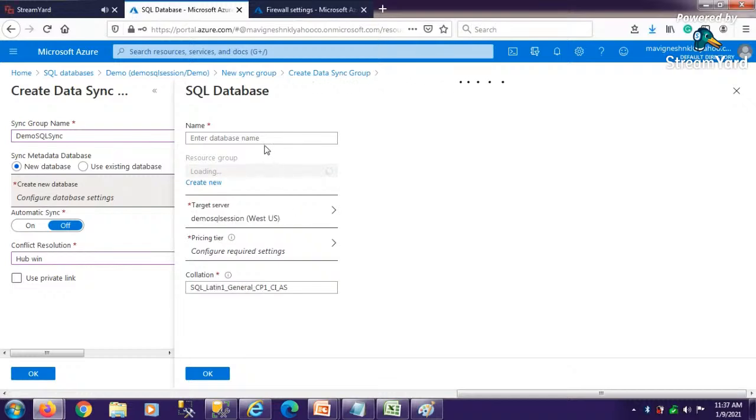This is the database name. I am naming it demo hub. This is the demo hub, and the Visual Studio demo server and everything else is the same. If I click OK,